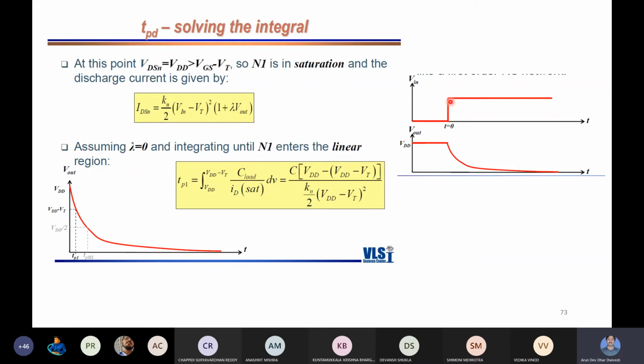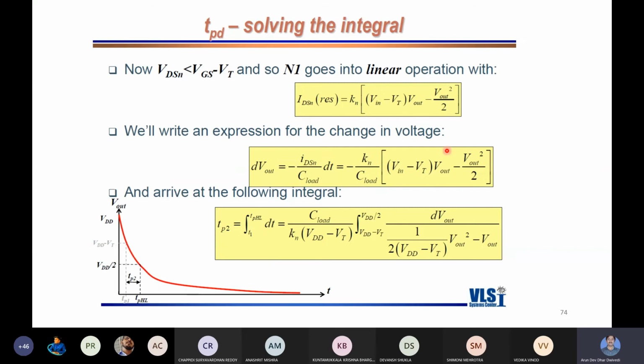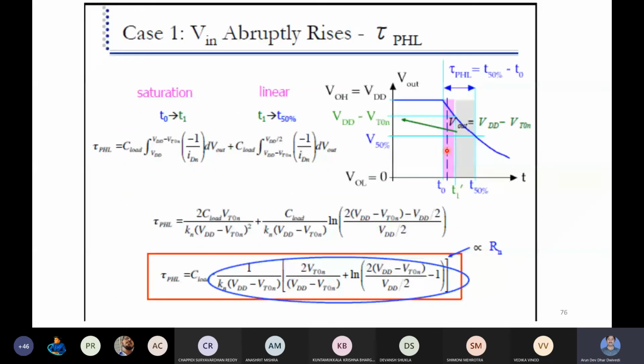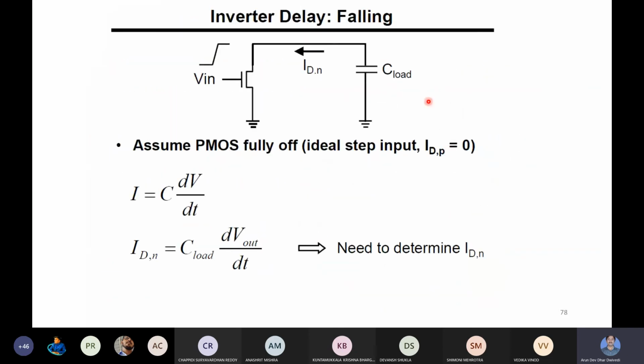This PMOS transistor is working as a switch, so we can say it is an open switch, no current is flowing, but NMOS is in saturation. So initially NMOS is in saturation, and the capacitor charge is discharging. The calculations in that circuit can be approximated in this way: input is switching from low to high, it became high now. So whatever Vin can be substituted as VDD or VOH.